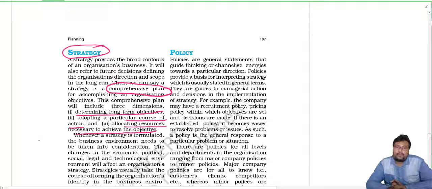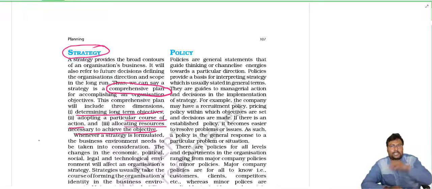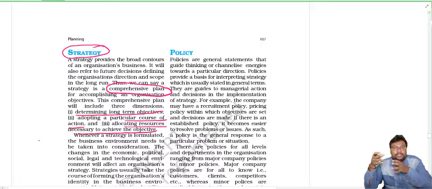Okay, and whenever we are making a strategy, we always have to be conscious about what environment is going on. Environment has internal factors and external factors also. So what is the effect of external factors? External factors means customer demand, political pressures, political influence, our competitors and what they are doing, and the economic condition. All that we have to keep in mind when we are making a strategy. So what is the strategy keyword? Strategy keyword is simple: comprehensive plan.